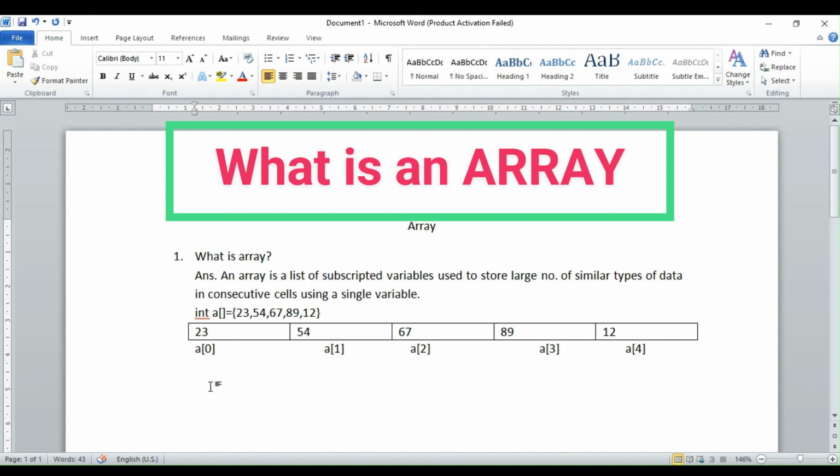How can you initialize a string array or character array? If we want to store a string array, the data type is String.